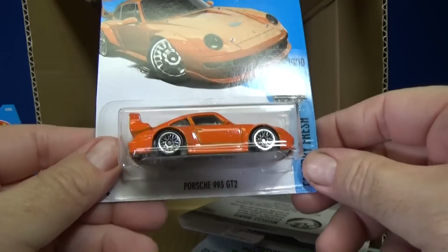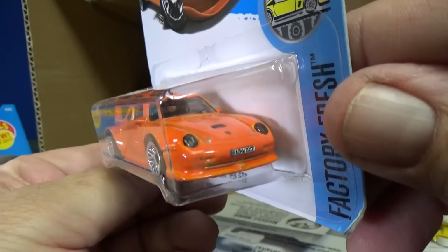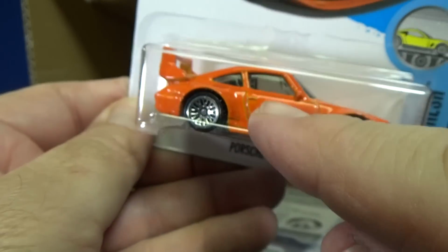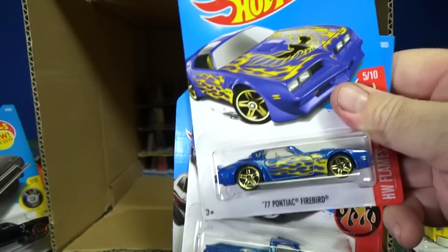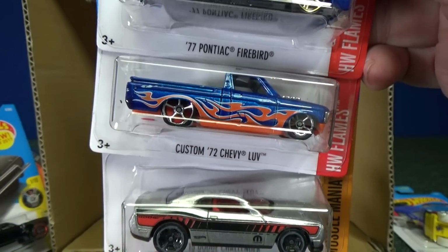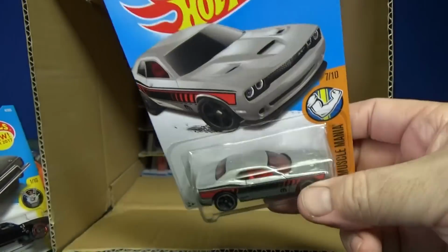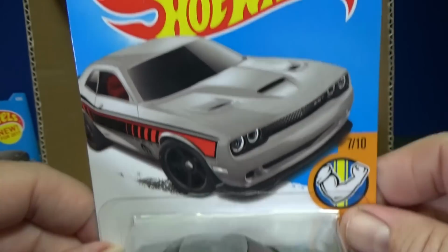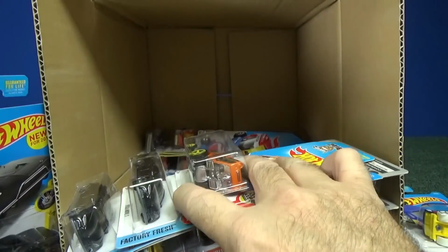Here we have a Porsche 993 GT2 in orange with the, they're not inserts, but they have the plastic. That plastic right there is part of the plastic windows. Personally, I like it. Some people don't really care for it. I like it. And there's the 77 Pontiac Firebird, another custom 72 Chevy Love, 15 Dodge Challenger. Looks like it's Zamac, but it is silver paint. The Zamac series is kind of just limited to USA and Walmart stores. But very, very hard to find those,